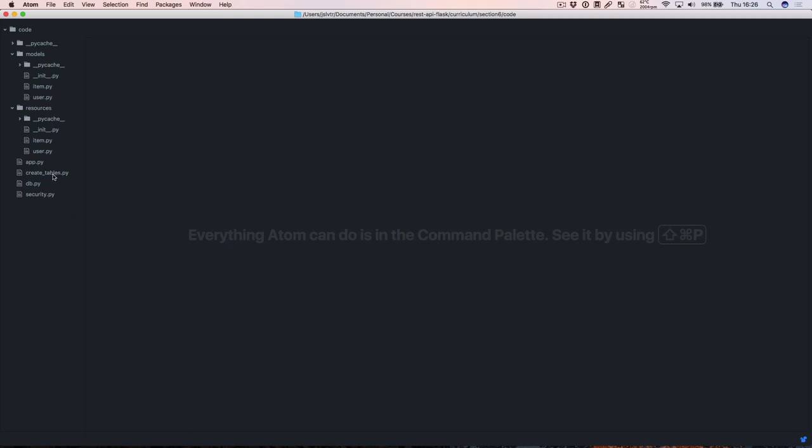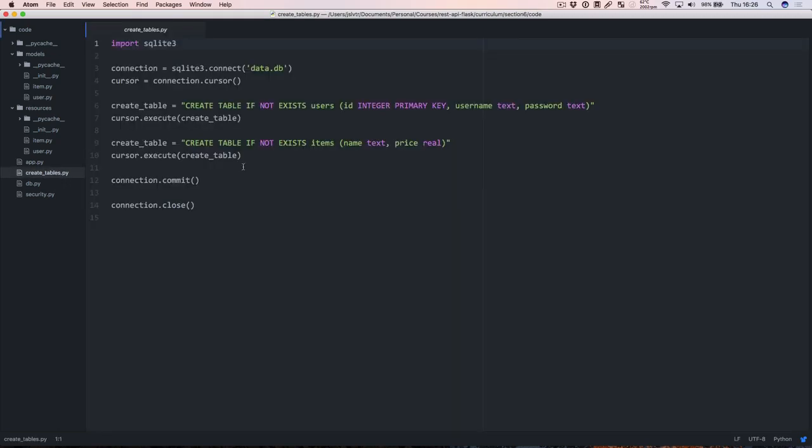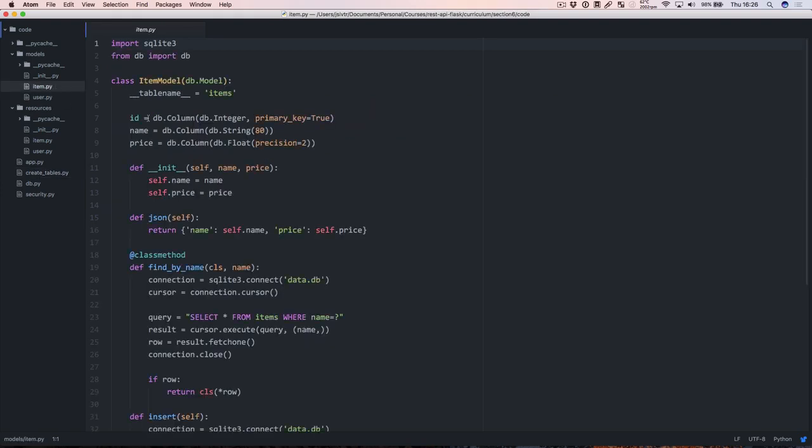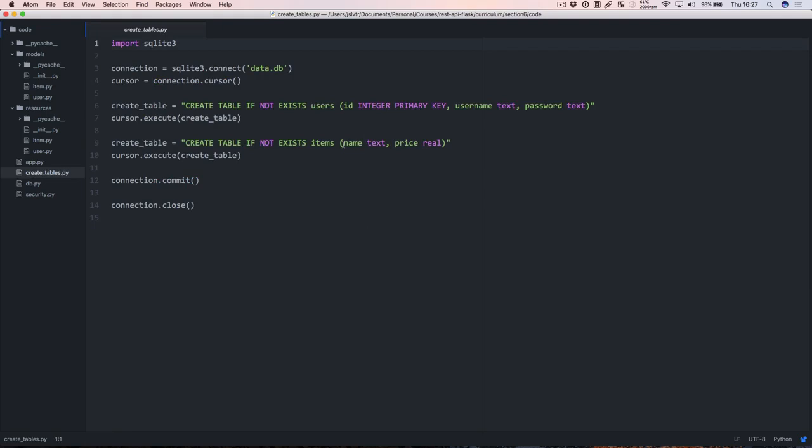The first thing we have to do, however, is make sure that the create tables script creates the tables properly. Remember that our item model here has an ID column. We have to make sure before we can use SQLAlchemy to retrieve and insert data that this column exists. That's not been a problem because so far we have used SQLite directly. But as soon as we start using SQLAlchemy to retrieve and insert data, we're going to need the table to have the correct format. So let's go to the create tables and make sure to put in here ID integer